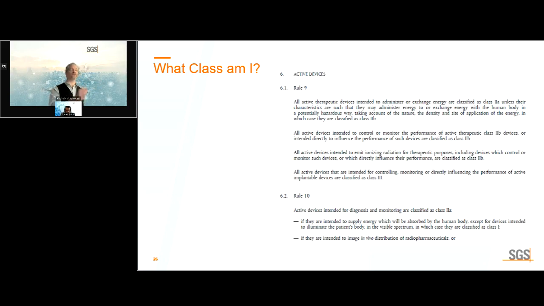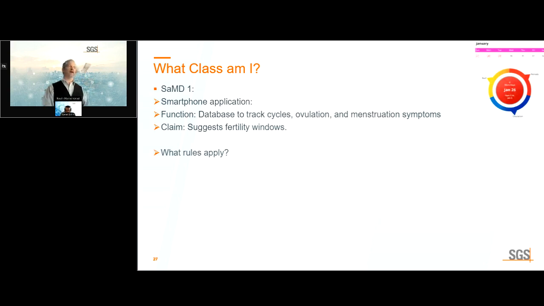So it is very easy for Rule 10 to apply to the device. And we would need to see you go through those rules and apply them in turn so that we understand how you're applying them. Of course, Rule 11 always applies, it's software. So let's start looking again at some examples.